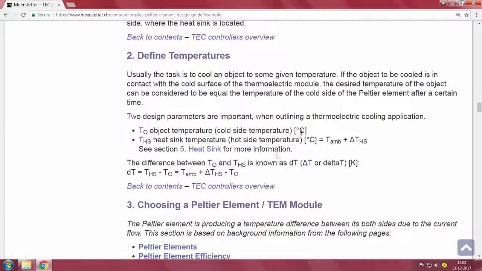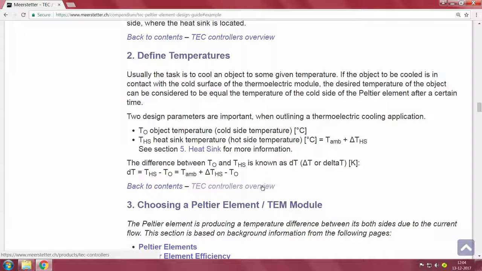Two design parameters are important when outlining a thermoelectric cooling application. Object temperature, cold side temperature, heat sink temperature, hot side temperature. So, we need to think about it.